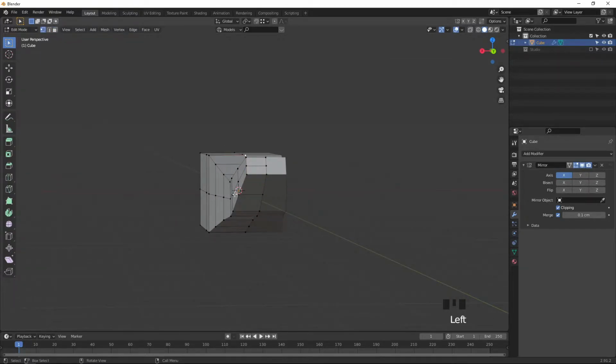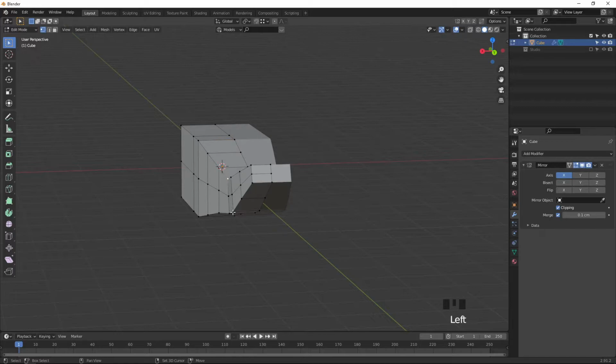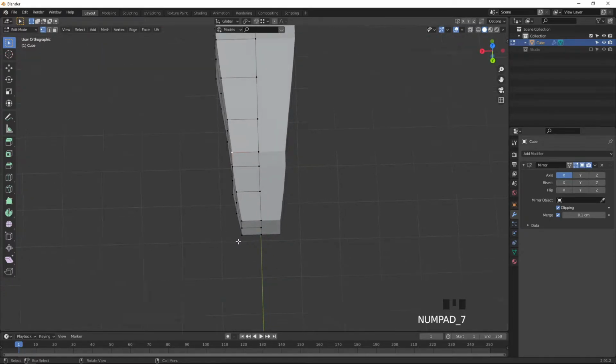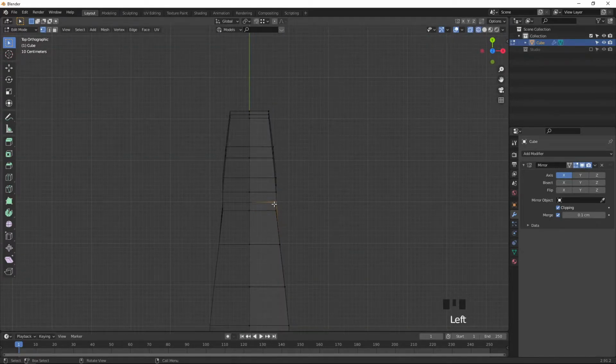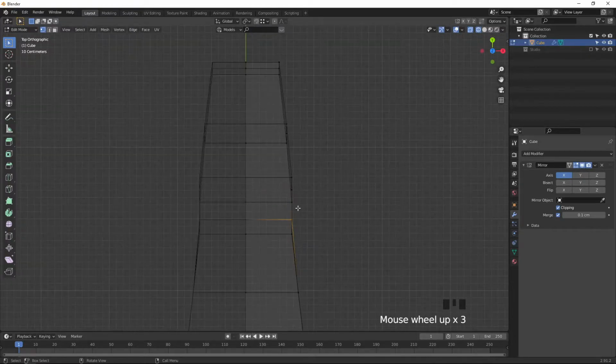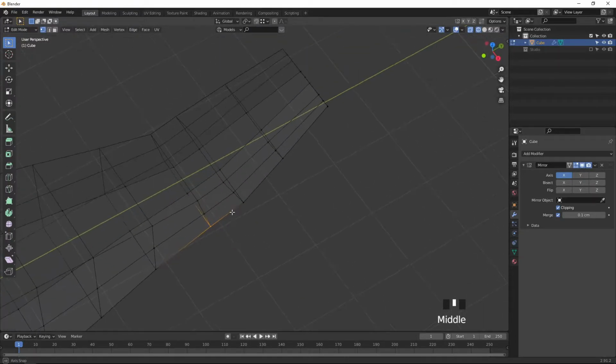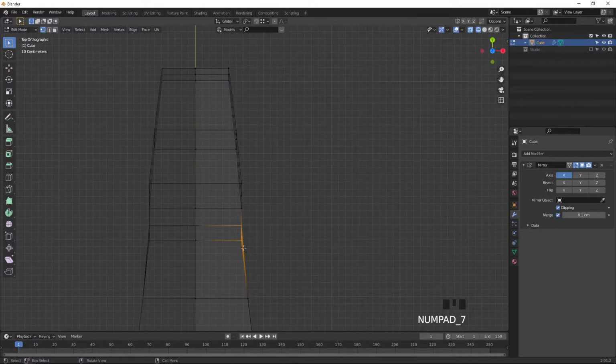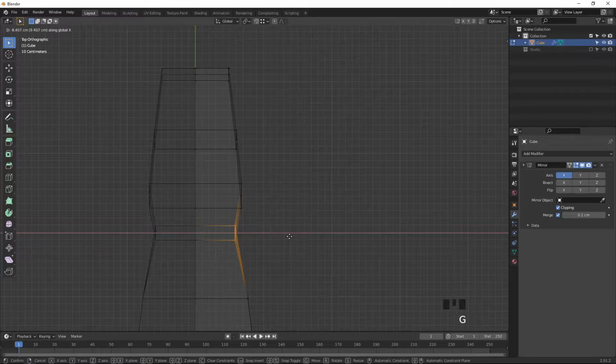Press 1 on the keyboard, select, go to the top angle, press Shift Z and select these vertices, scale it in. Okay, select this one, GX to move a little bit down.